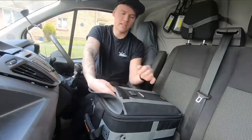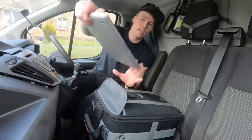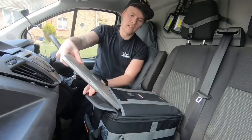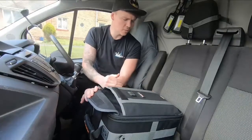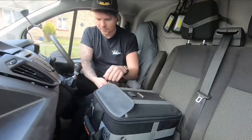So in here, there's a massive pouch, big enough for especially electricians or the trades, to keep your laptop. So I've got the Mac. That's a 13-inch screen, I think, so that fits nicely in there. 15-inch would fit in, definitely. If I go and unzip the bag itself,